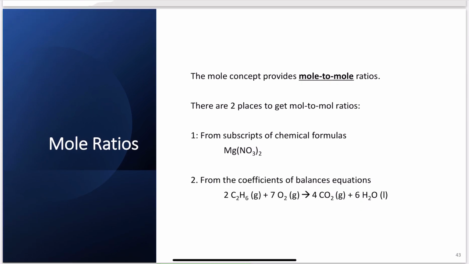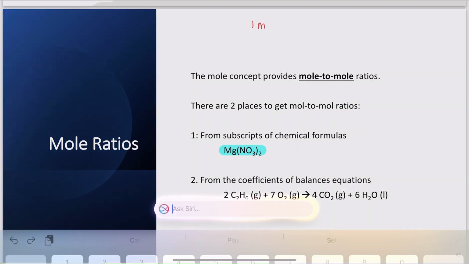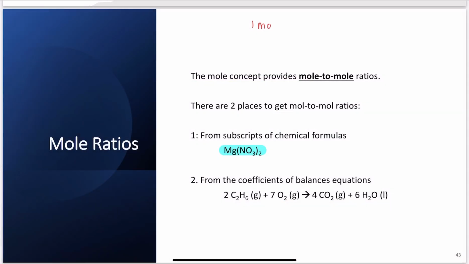Okay. So the mole concept provides multiple ratios. There's two places to get these multiple ratios. We can get them from the subscripts of the chemical formulas or from the coefficients of balanced equations. So when I look at this formula here, the magnesium nitrate, this is telling me that I have 1 mole of magnesium ions for every 1 mole of magnesium nitrate. I could say I have 2 moles of nitrate